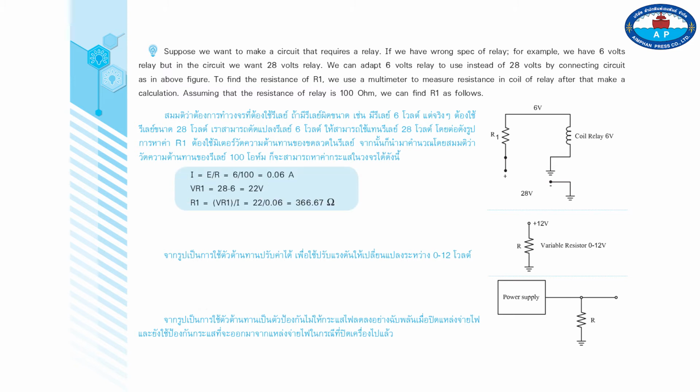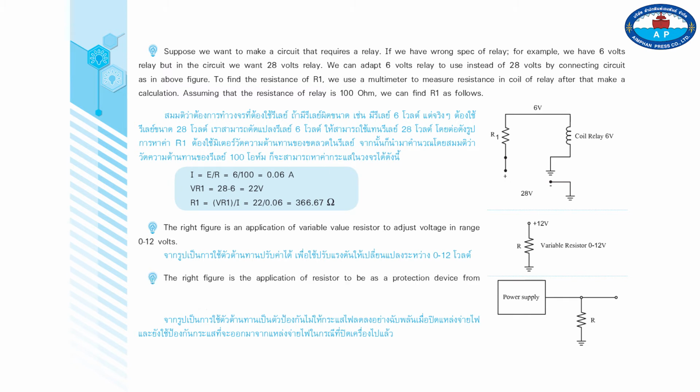I equals E over R, which is 6 over 100, equal to 0.06 amperes. VR1 is equal to 28 minus 6, which is 22 volts. R1 is equal to VR1 divided by I, which is 22 divided by 0.06, equal to 366.67 ohms. The right figure is an application of a variable resistor to adjust voltage in the range 0 to 12